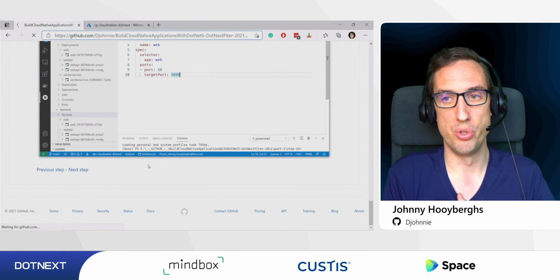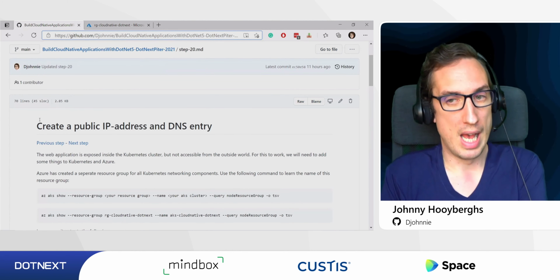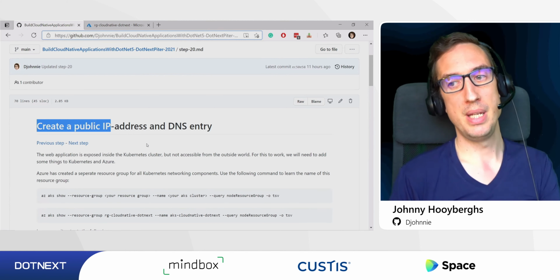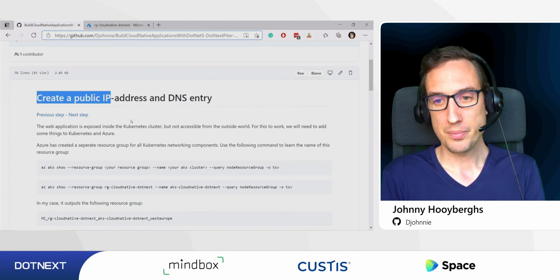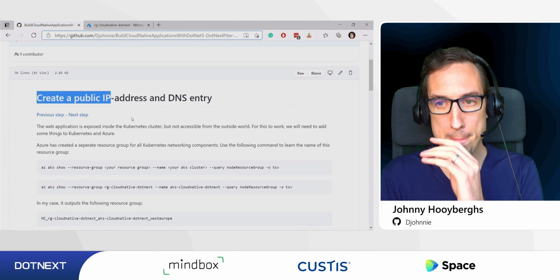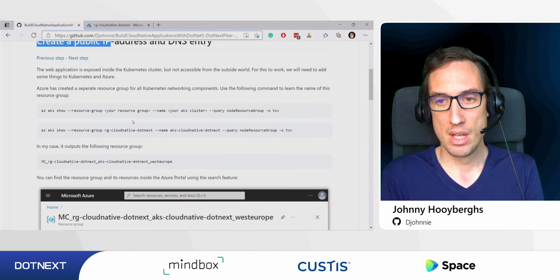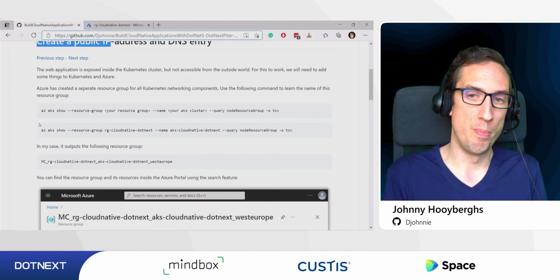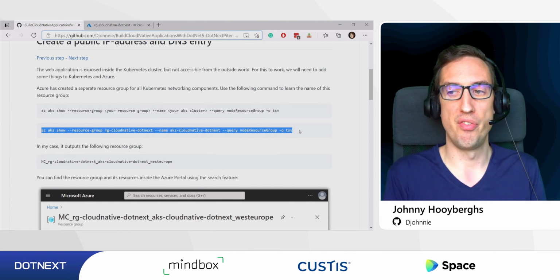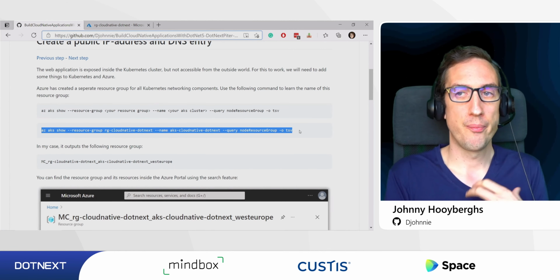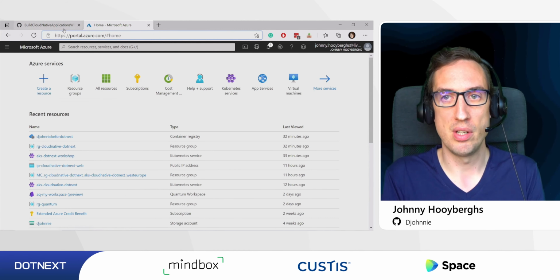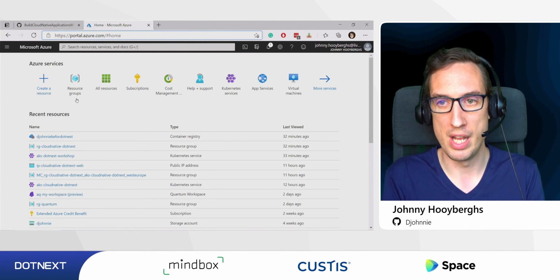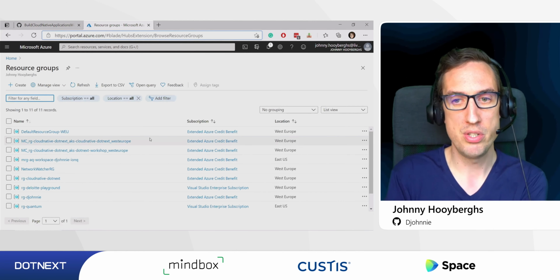So what do we need to do? Well, on Azure, we need to create a public IP address and DNS entry. These are the commands that you can use to actually figure out how your cluster is built. Instead of using these commands, I'm just going to show you in Azure itself. If I look at my resource groups,